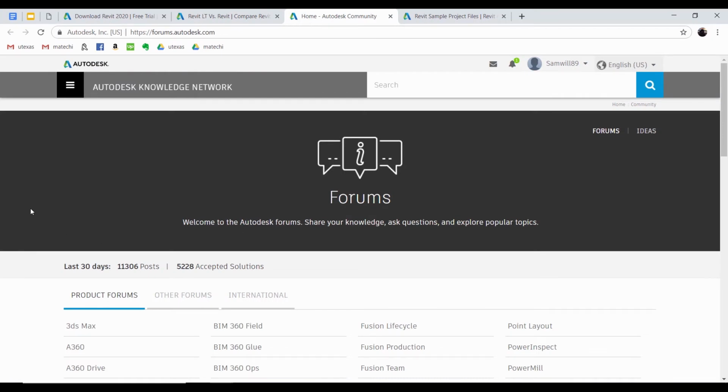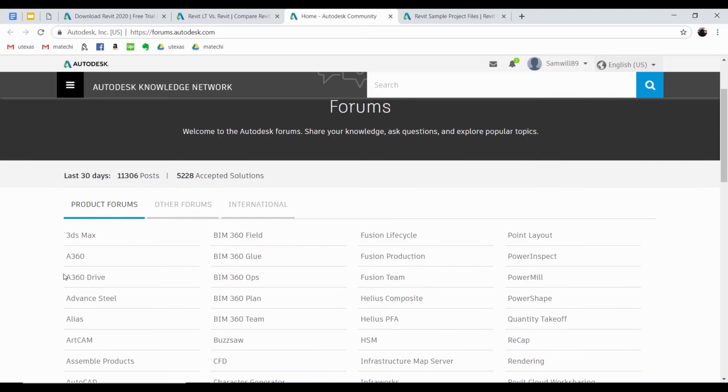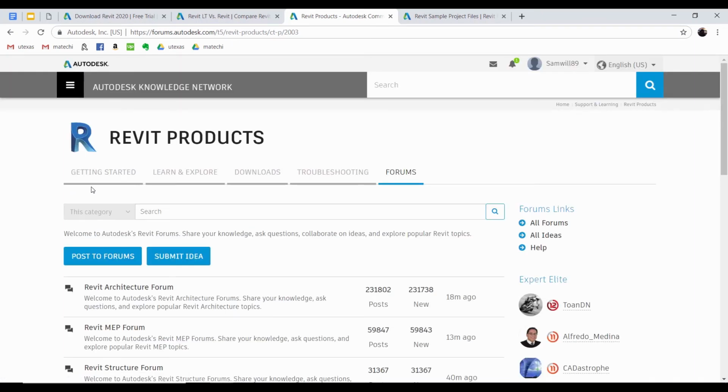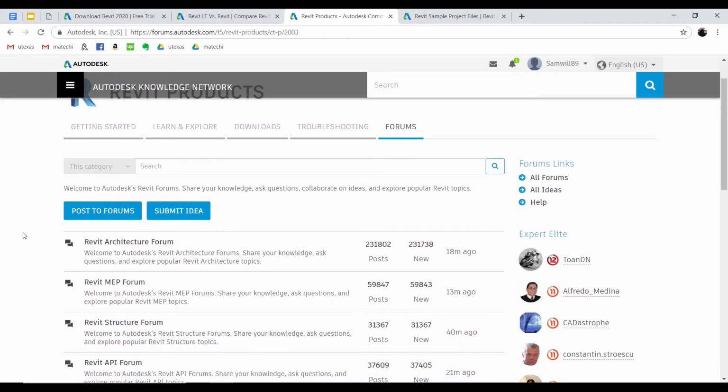We can also show you how to access the forums, and this is a very useful link. I will include a note that if you have any question regarding anything in Revit, we can go through this and click on any software you're using, which would be a Revit product, and then it'll take you to a forum where essentially every single question that has ever been asked exists. So definitely utilize this in addition to reaching out to us as you need to if you have any questions about this course.